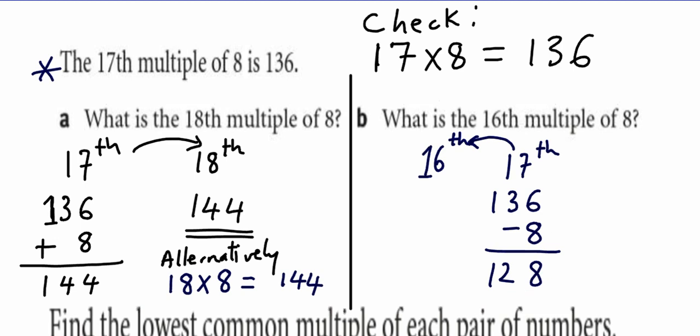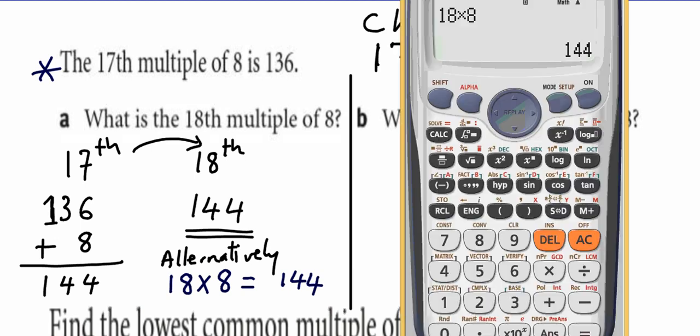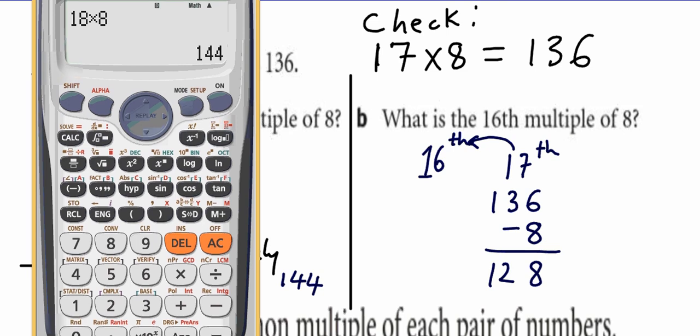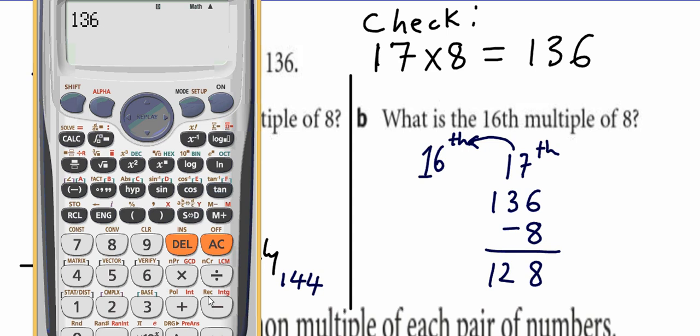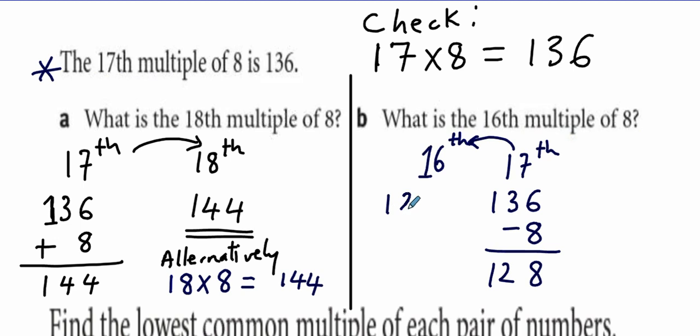Okay? So you can pull out your calculator. For those students who use calculators in the examinations, you can pull out the calculator and do 136 minus 8. Then you get 128. So 128 will be the 16th multiple of 8. Alternatively,